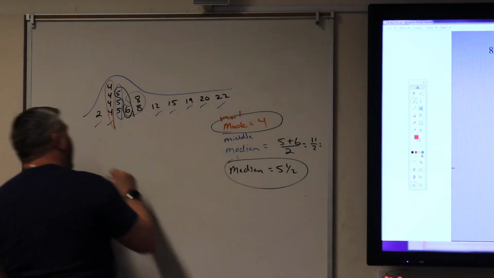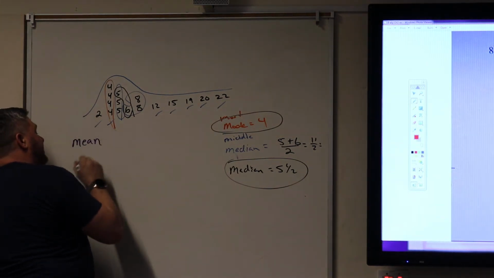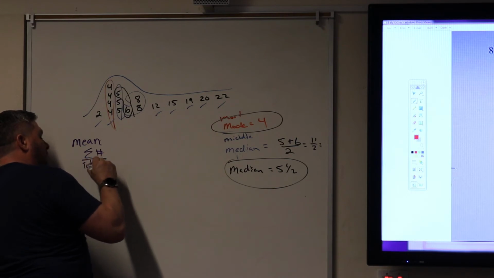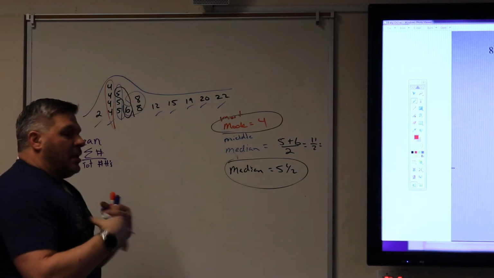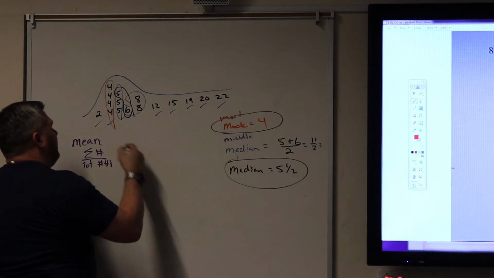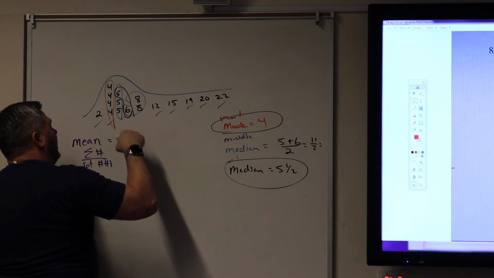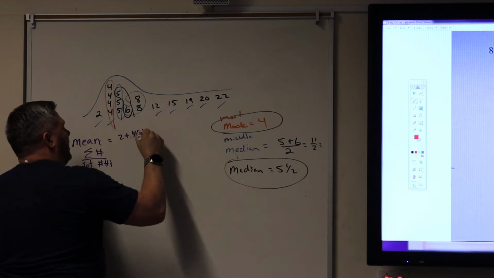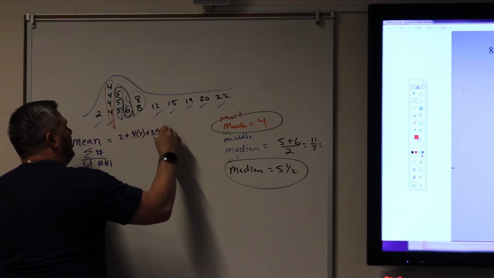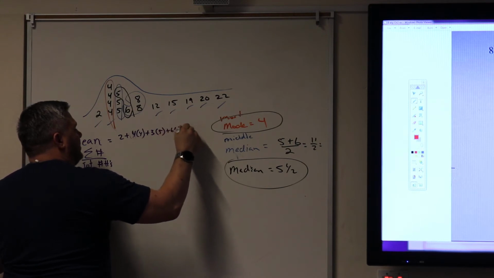You add them all up and then divide them. Yeah, the mean is the tough one, right? So that's the sum of the numbers divided by the total number of numbers. It's kind of weird. So I'm just going to take all the numbers, 2 plus 4, instead of 4, 4, 4, 4, I'm just going to say 4 times 4, plus 3 times 5, plus 6, plus 2 times 8,